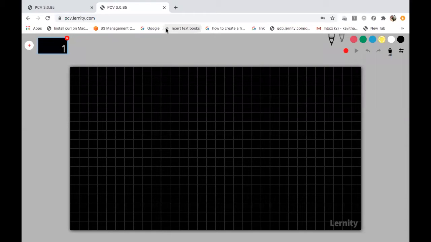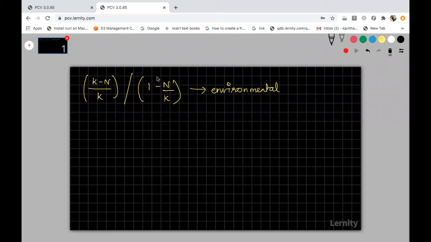And here the equation is dN/dt = rN × (K - N)/K. So please, (K - N)/K, I told you, this should be written in brackets. It can also be written as 1 - N/K, since K/K is 1, minus N/K. So this whole expression, 1 - N/K or (K - N)/K, represents the environmental resistance.